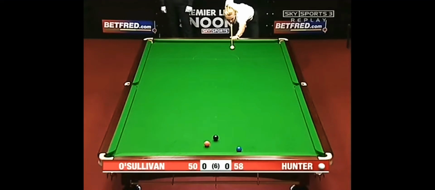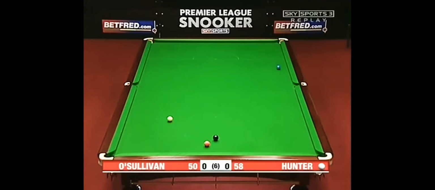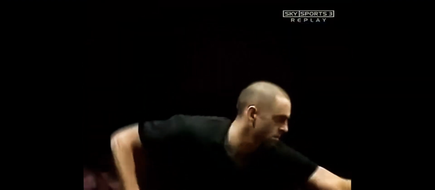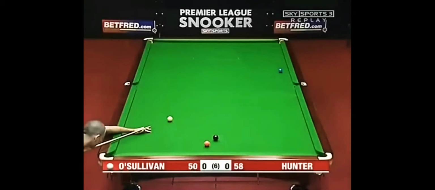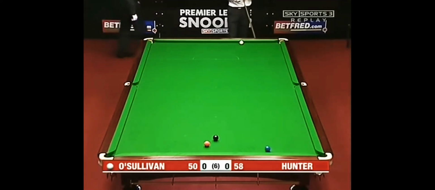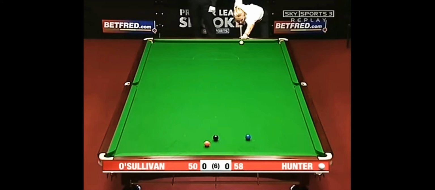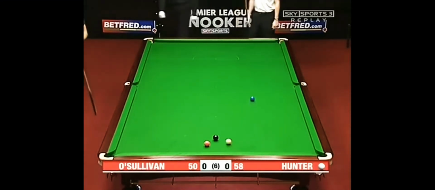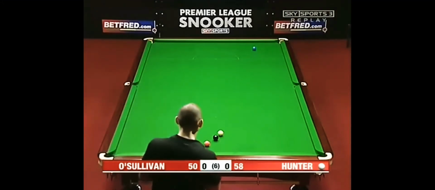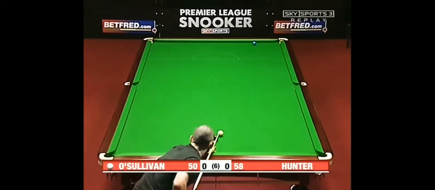This is one of those tricky ones. Paul's hoping to get the cannon on the pink there, leave the white in behind the black, but he's got the blue fairly safe. Perfect cue ball and a good object ball. Well, good shot. Good weight on the blue. That's an awkward cueing as well. Although Ronnie can play this white with a...